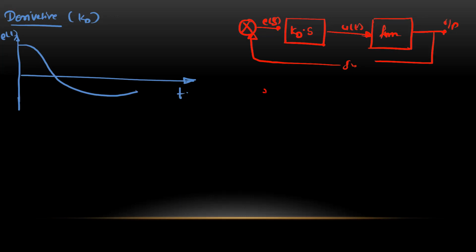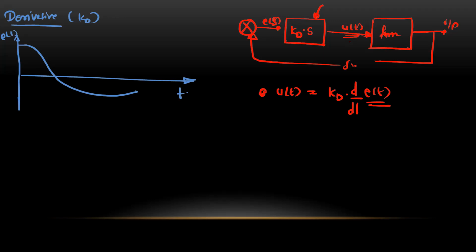So in the time domain, we will have the controlled output, u of t, which is generated by this controller. It is equal to Kd times differentiation. S represents the differentiation, so it is d by dt of the error signal e of t. Basically, the derivative controller finds out how fast the process value is approaching the set value.